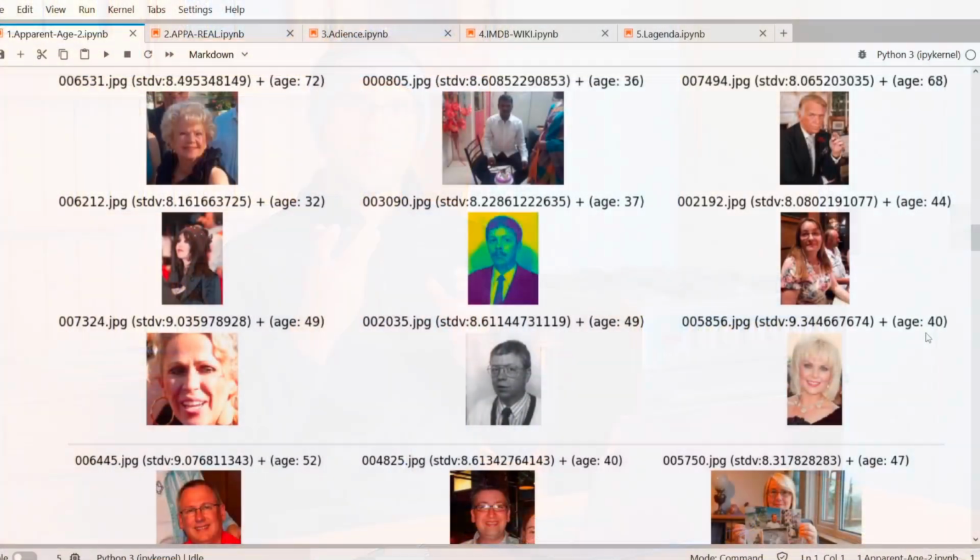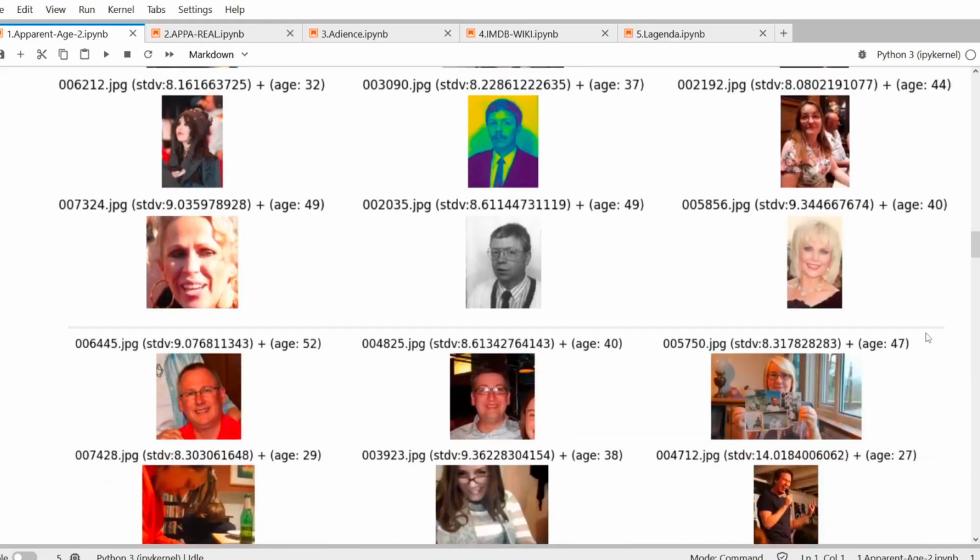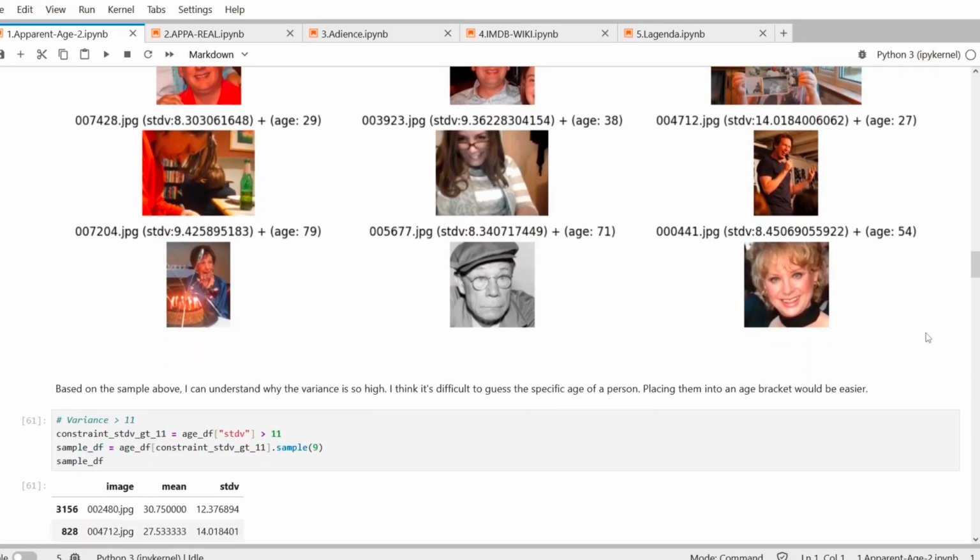So I decided to begin with the LAP datasets, so the Adversarial and the Apparent Age version 2. It looked like they were built from the same set of images. However, the Adversarial dataset seemed to have real ages associated with the images, and I'm not sure how they got that information. I wasn't able to access the paper to understand that. So both datasets had color images with different aspect ratios. They've tried to focus on a single person per image, mostly face crops, but there were also a few body crops in there.